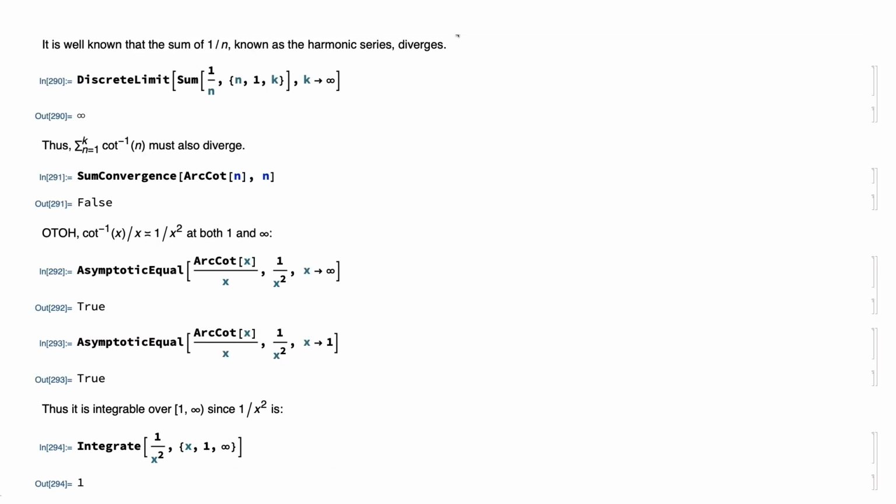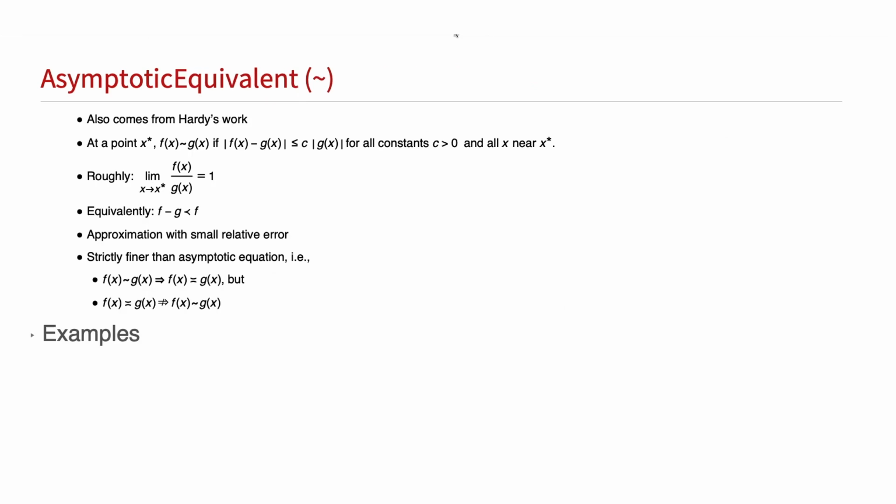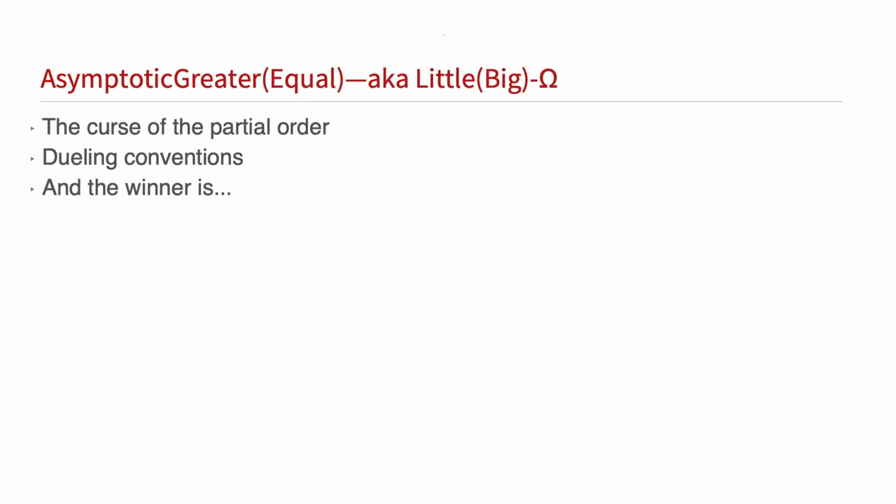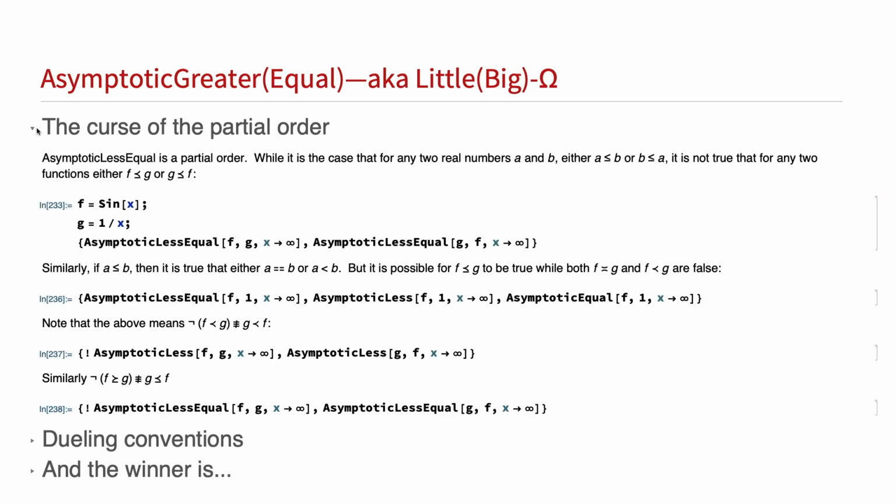is not a convergent sum. On the other hand, arctan of x over x is equal to 1 over x squared at both 1 and infinity, which means that arctan of x over x is integrable over 1 to infinity, because 1 over x squared is integrable over 1 to infinity. It's a very simple integral to do, in fact,